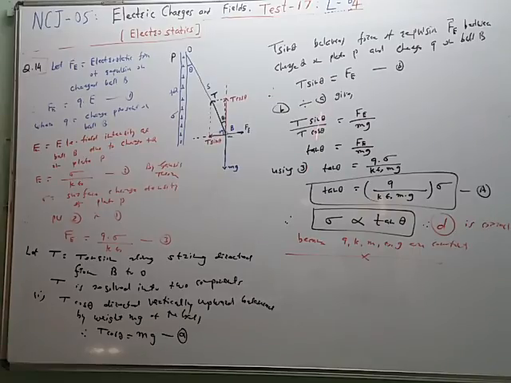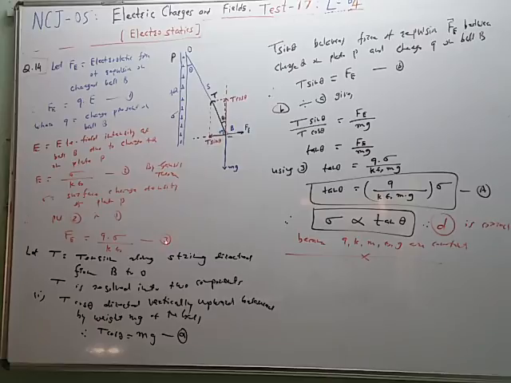This is the second equation. So if we divide these two equations, then we get tan theta is equal to Fe over mg. Fe is the force of repulsion and it is given by this basic equation, charge multiplied by intensity. This intensity is produced by the charges present on the plate P. So this plate P has surface charge density sigma, therefore intensity by Gauss theorem, third application of Gauss theorem: at any point near a charged conductor, the electric intensity is given by sigma upon K epsilon naught. So if you substitute E here in equation 1, then Fe becomes Q, charge on the ball B, into sigma upon K epsilon naught.